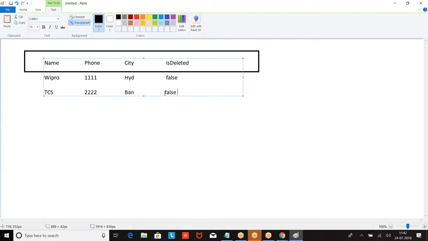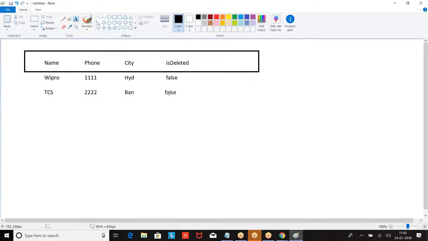This is the data. Now we have a field called IsDeleted. If I delete this record, the value of this field is set.